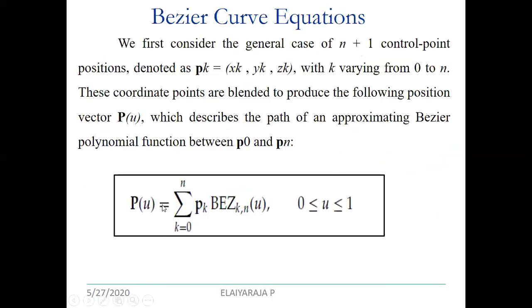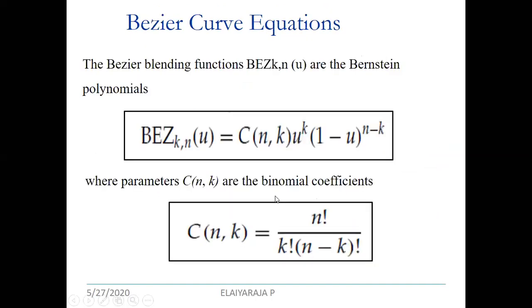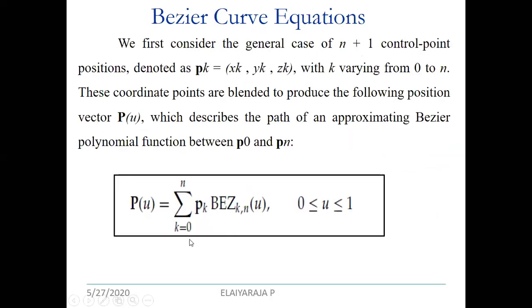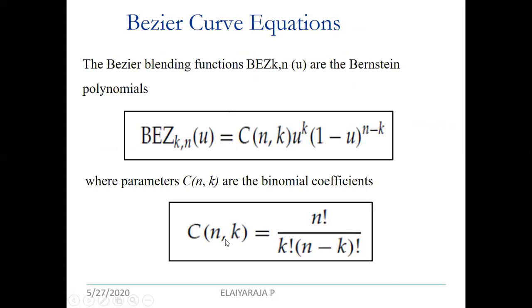Okay, and here is the summation of all control points, where starting from initial to end, how you are going to calculate. As I said, this binomial coefficient C of n comma k, for example, starts from here at 0 and goes to n at the end point. So C of n comma k, which means if you are going to use 3 control points, you can specify C of 3 comma 0 is equal to n factorial.